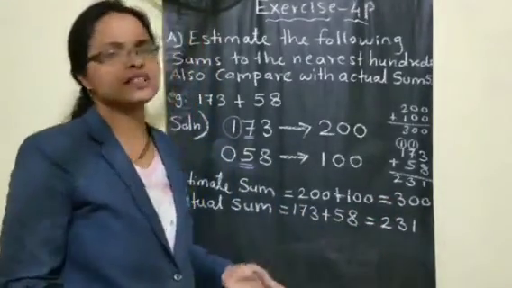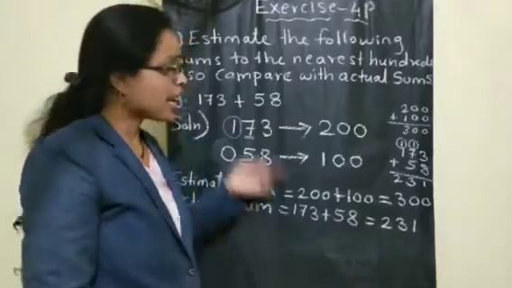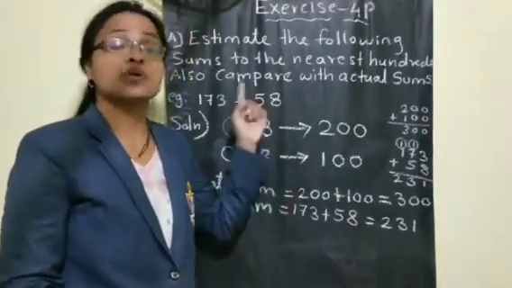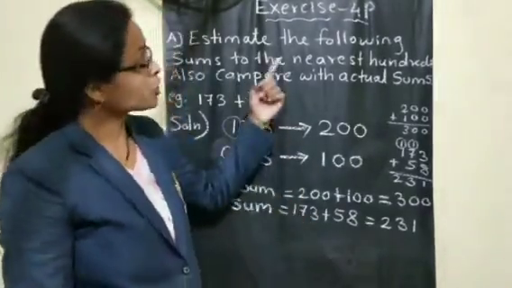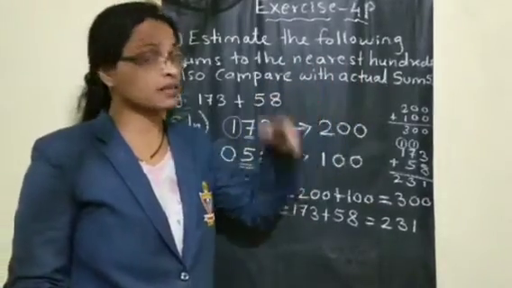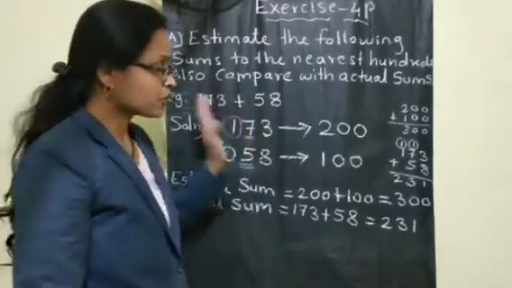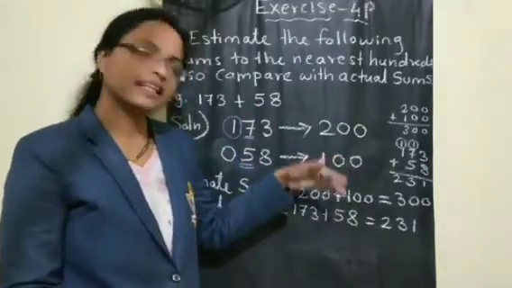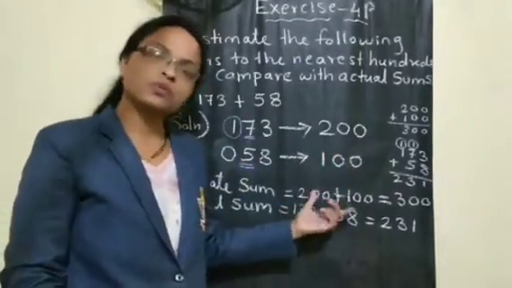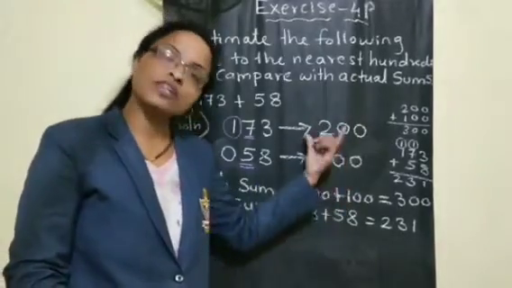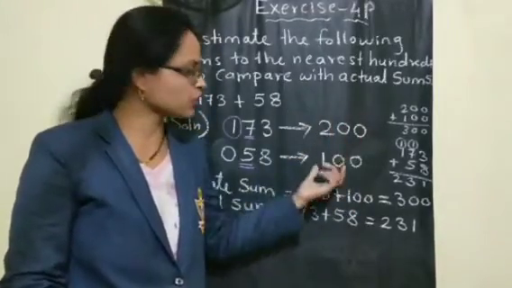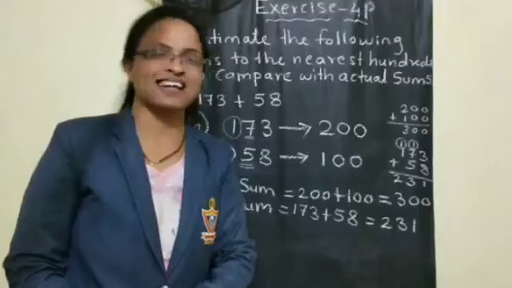Actual sum is very easy. Directly you have to do the addition. And for the estimated sum, first we have to round off according to the question. Maybe the 100 place. Sometimes they may ask for the tens place also. So according to that you first round off the number and then estimate, means do the sum or difference. According to the question you do the process and get the answer.